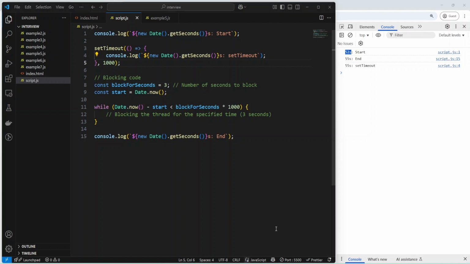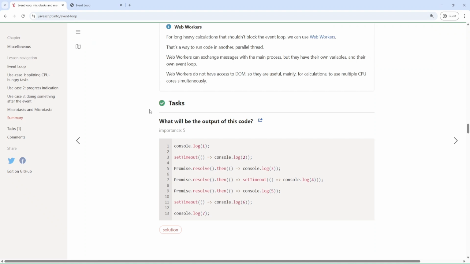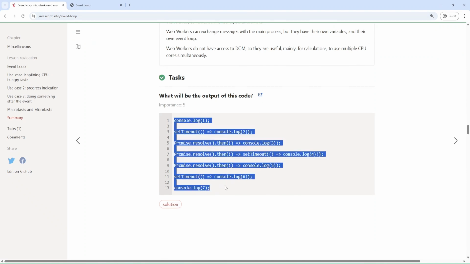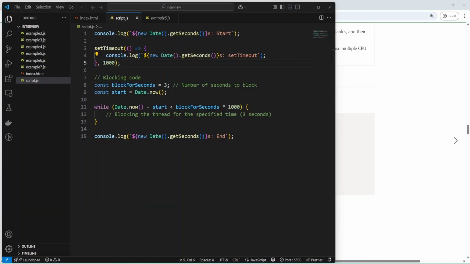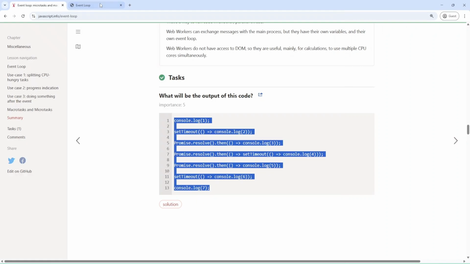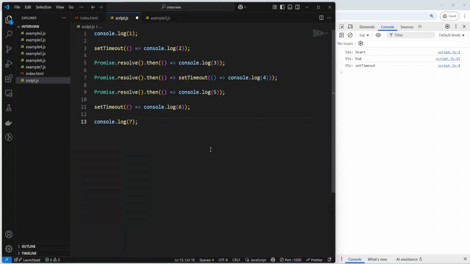Okay, and now let me show you one example from JavaScript info. I'm going to copy it and paste it into my code, and let me open my console, and let's check. We have console log 1. Let's try to guess the output, and in the call stack we have 1.